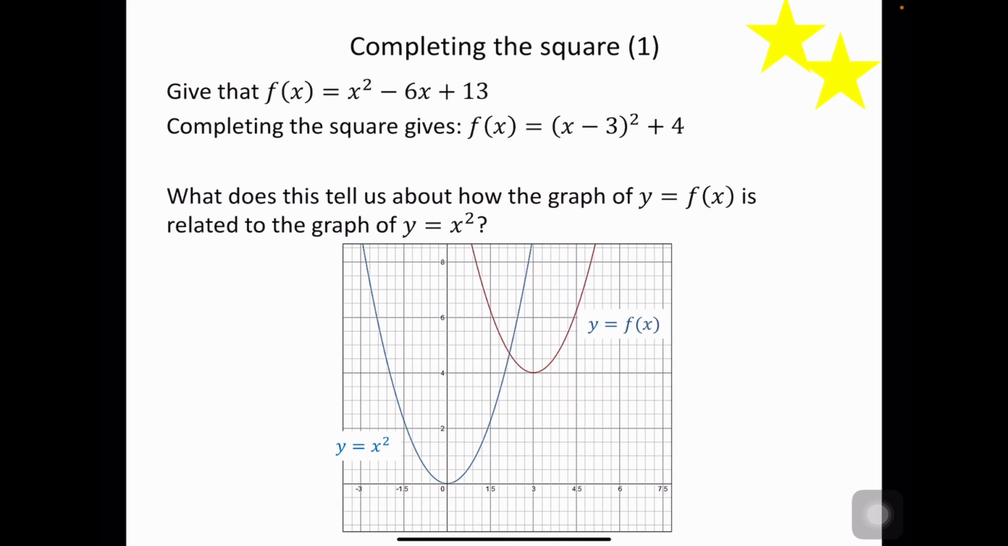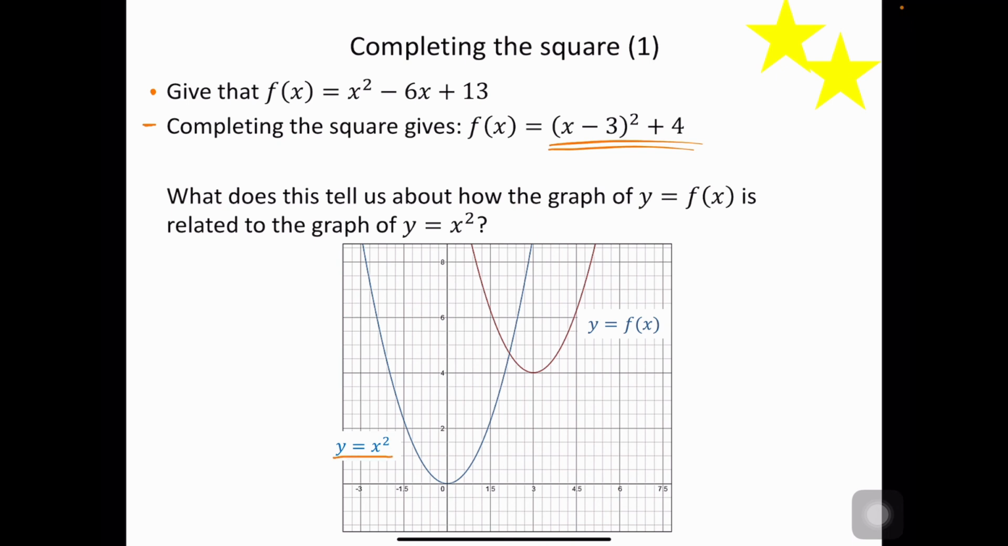Now we're going to link graph transformations to completing the square. So given that f of x equals x squared take away 6x plus 13, if we complete the square on that, we get f of x equals this. What does this tell us about the graph of y equals f of x in relation to y equals x squared? Okay, so we start off with y equals x squared,